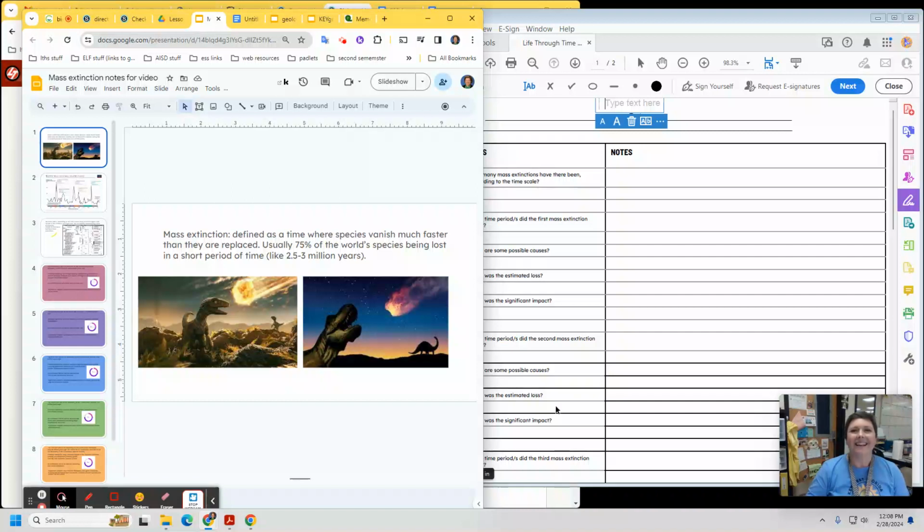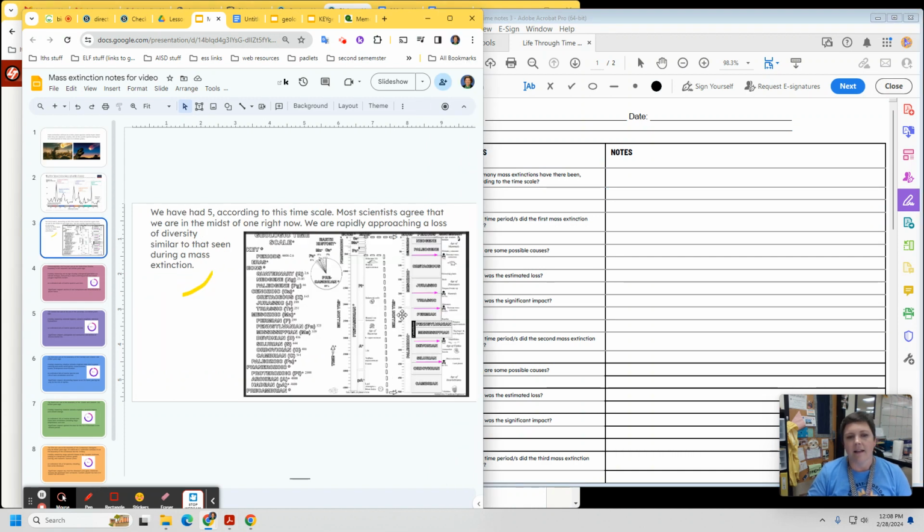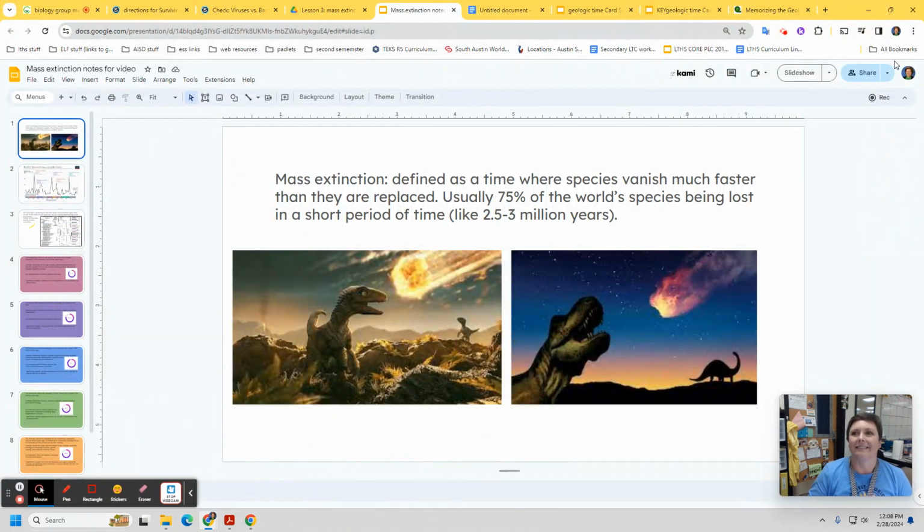Hi, turkeys. Today I'm going to show you these notes about mass extinctions. And this is what you're going to fill out while you do this. You probably picked these up on the way in. And then you might want to have this out, maybe both of them out, just because they're always good to refer to. I have them out every time I look at any of this stuff. Okay. All right, let's begin.